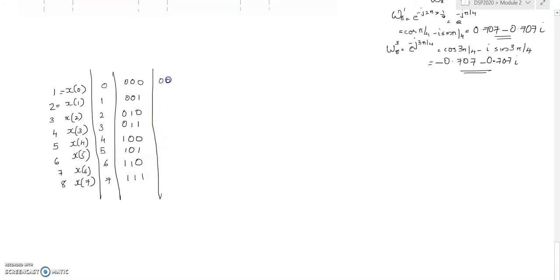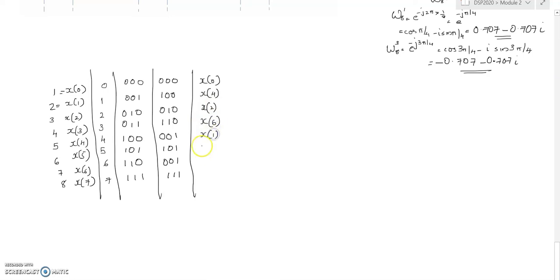So when we bit reverse this, it becomes 000, 100, 010. This becomes 110. This becomes 001. This becomes 101. This becomes 011. And this becomes 111. So when we write it down, it becomes x of 0, x of 4, x of 2, x of 6,